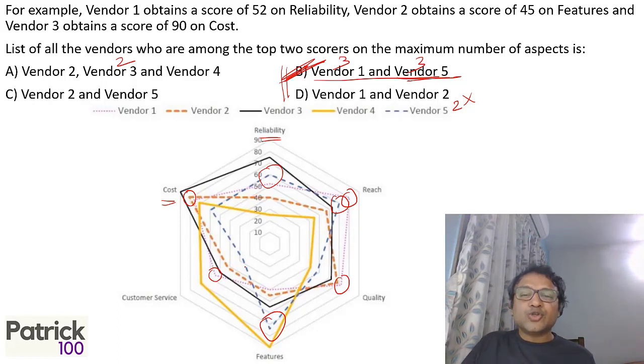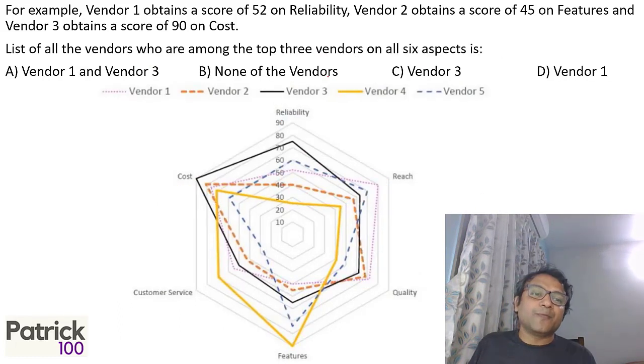So I checked for 1. Actually, I should not have started with vendor 3. My mistake was I should never start with a value which is there only in 1. Always start with a value which is there in 2. So I should have started with vendor 1 or vendor 5, because both vendor 5 and vendor 1 are there in 2 values. If that doesn't work out, 2 options are directly eliminated, and then you can work on the others. That's how you normally work on it. So start with vendor 1 or vendor 5, because they're in 2 options. And if that doesn't work out, 2 options are eliminated, then you can focus on the other 2. It's a skill in terms of knowing what to start and where to start with.